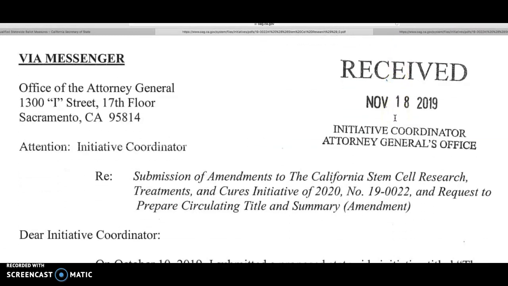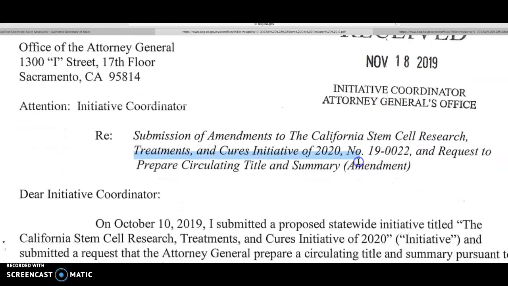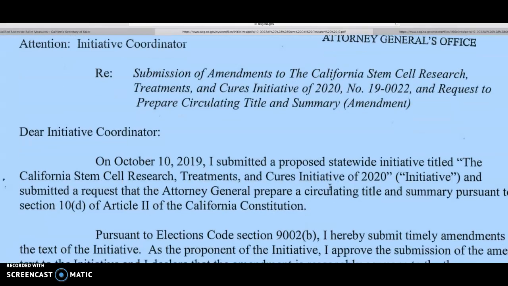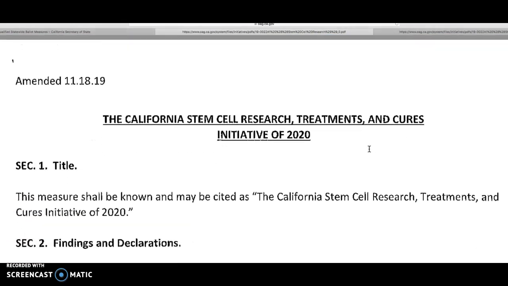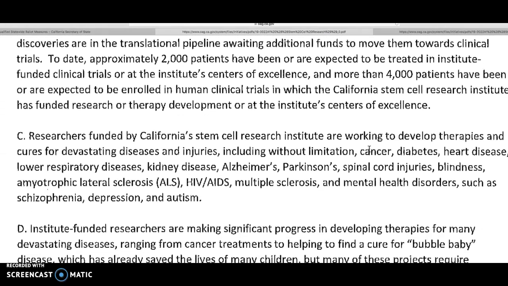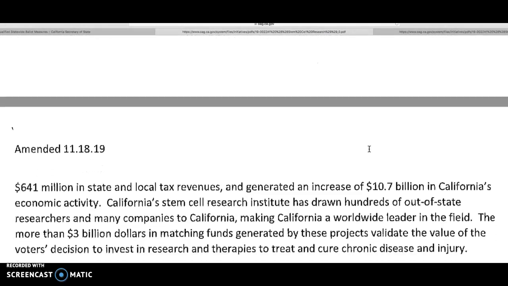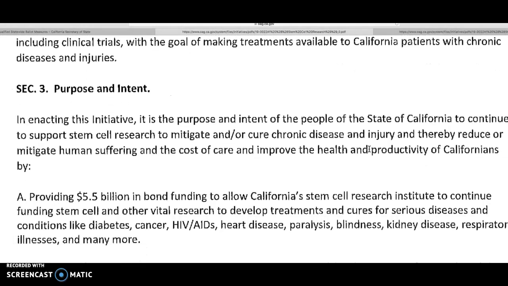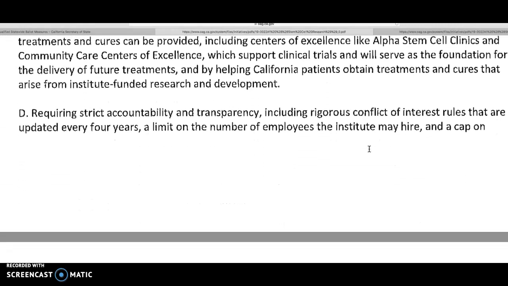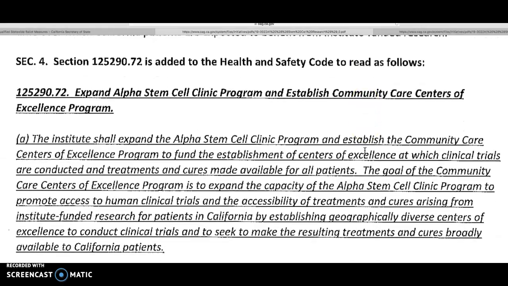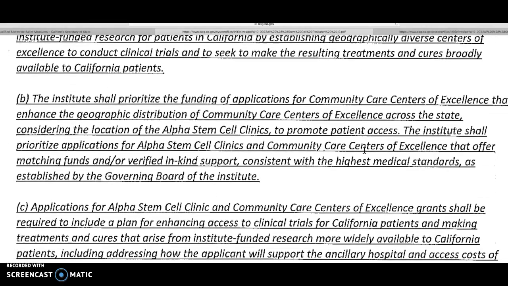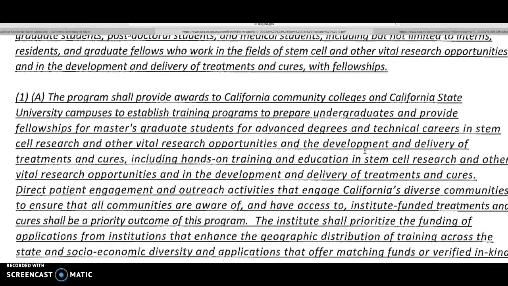And what this is, it's the official document that was submitted last November to have this ballot come up for this election cycle. It's the official document that was approved by the California state government, and it goes through in detail as to what is going on and how this proposition will impact the citizens of California, particularly if it gets passed. So it's very detailed.